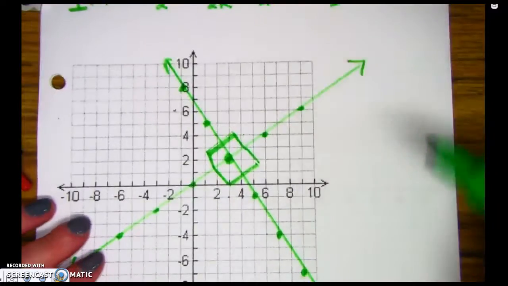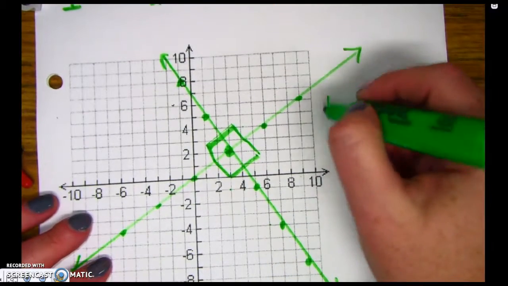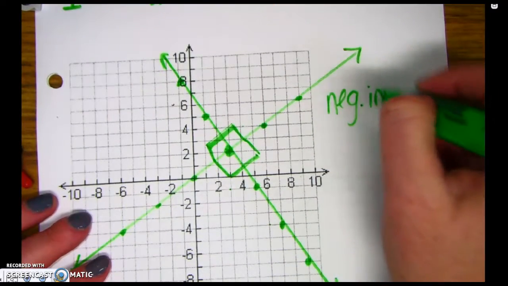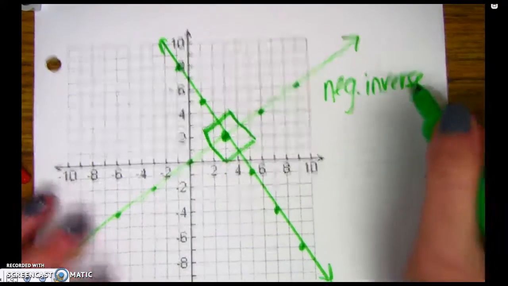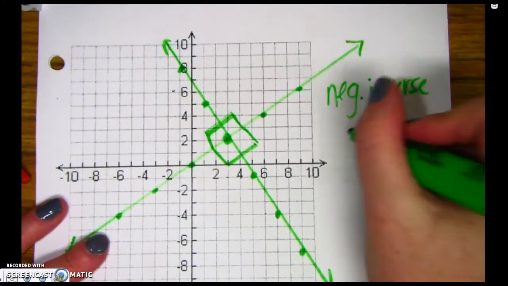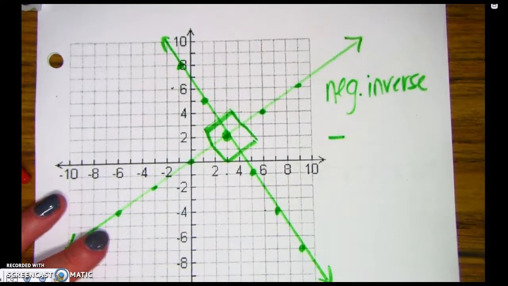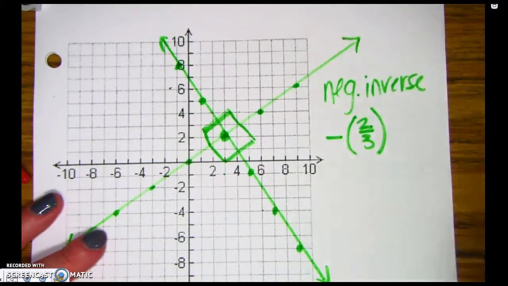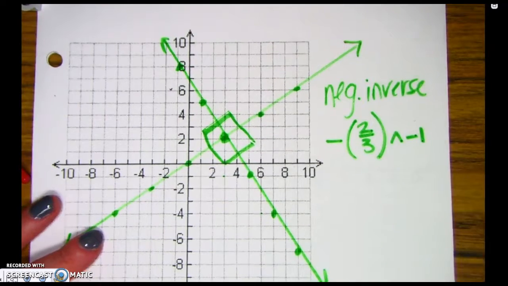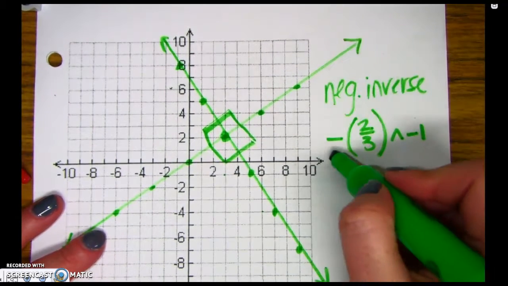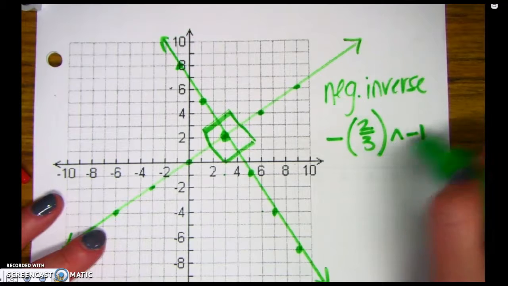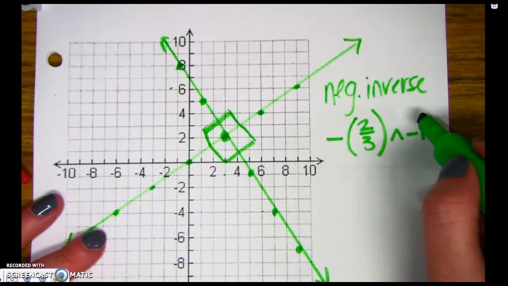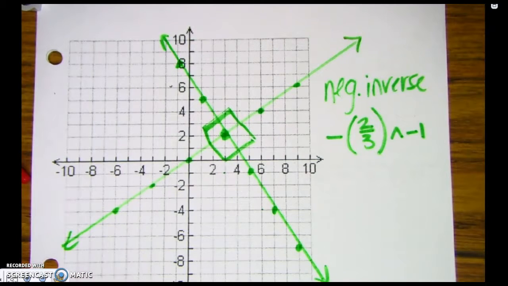Now, in your calculator, in the Inspire, in order to find a negative inverse slope, what you can do is you take the negative of your slope and you raise it to the -1. So the negative inverse, this is the reciprocal. This is what's going to flip this fraction for us. If I do that correctly in the calculator, which I'll show you on this one,